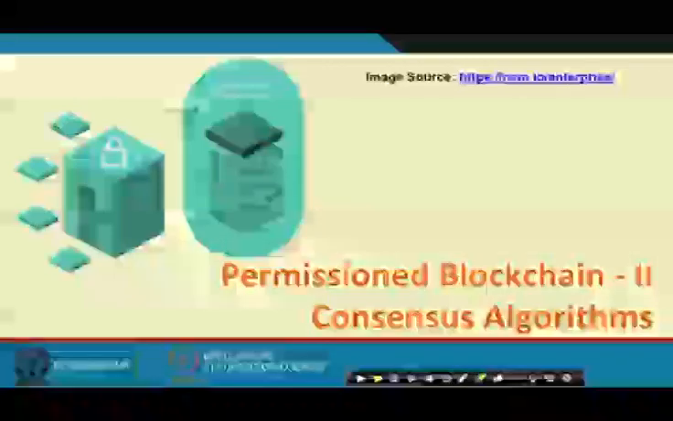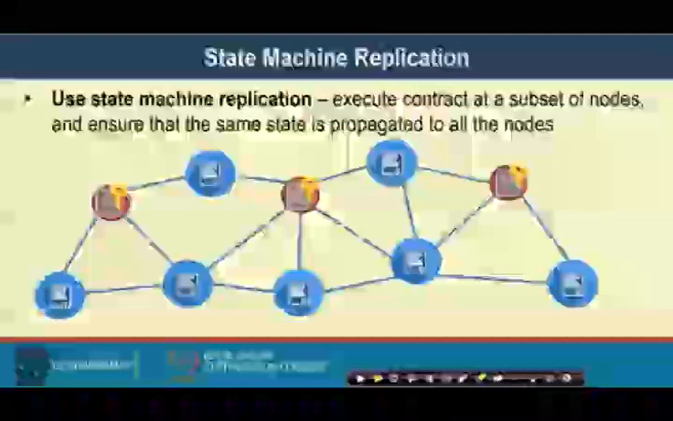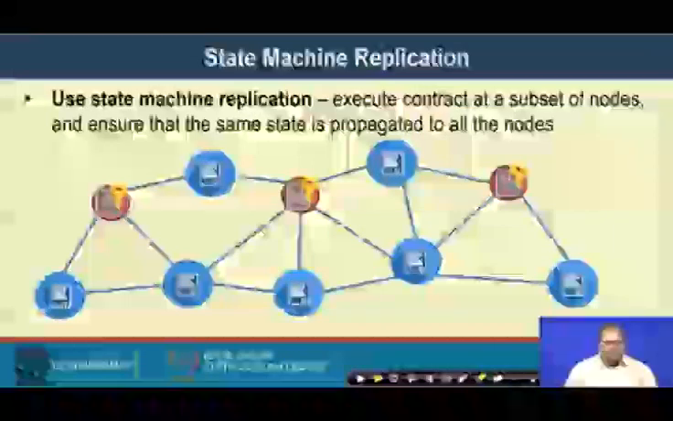So, welcome back to the course on blockchain. In the last class we were looking into the permission blockchain settings, and in the context of permission blockchain, the concept of state machine replication, which will help you to achieve a consensus in a permission model. In the last class we looked into this concept of state machine replication, where we have seen that